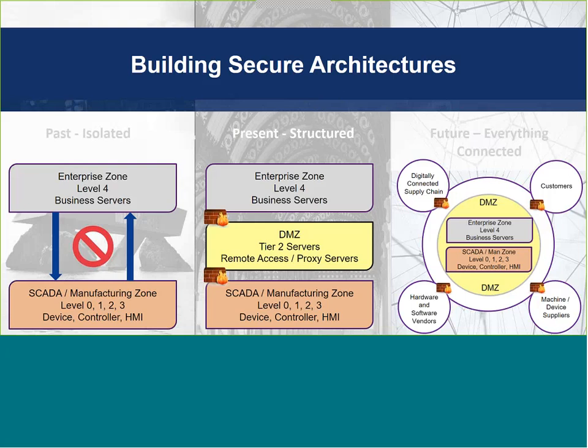Then if we move to the present, which is a much more structured architecture, you can see that we've introduced firewalls, and more importantly, there's a DMZ in the middle. That's going to act as a gap to bridge a secure connection between the control system and the MES or enterprise layer. It's a very prudent approach to take, and it could be that you've got a reporting server within that DMZ, and by structuring your architecture in this way,